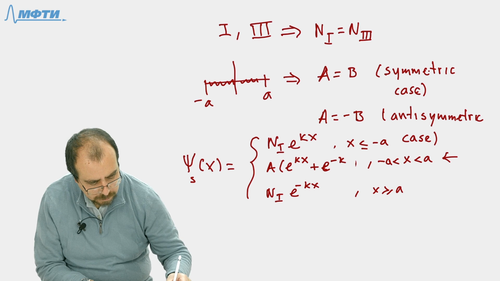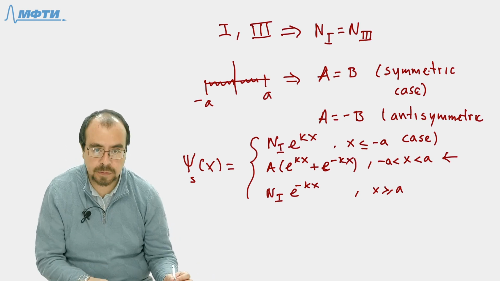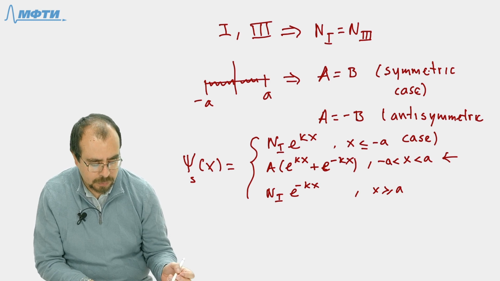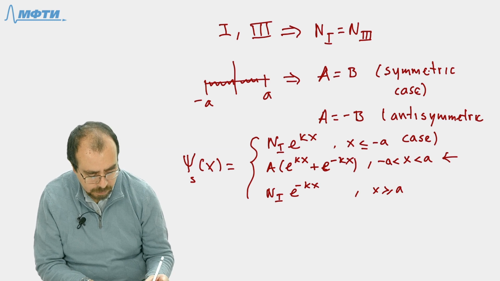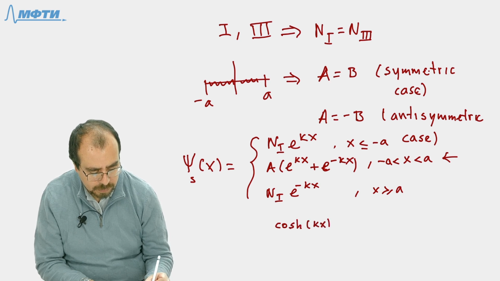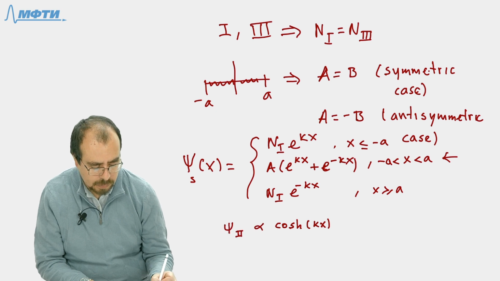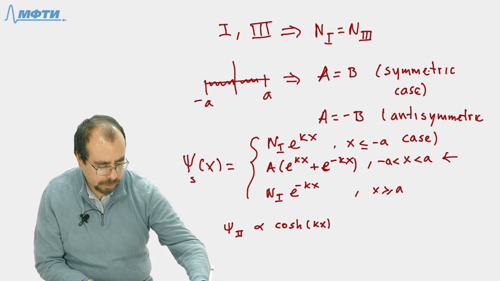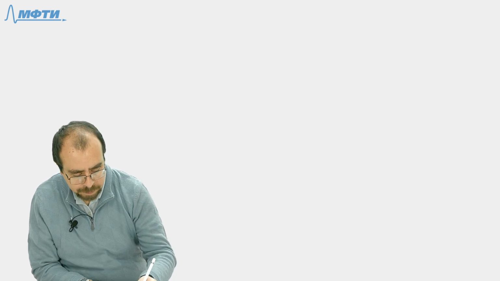Minus kx. So you've checked the expression for this second region. You can write this in terms of the hyperbolic cosine, right? So the solution will be expressed in terms of the cosine. And in the other case, when we have the antisymmetry,